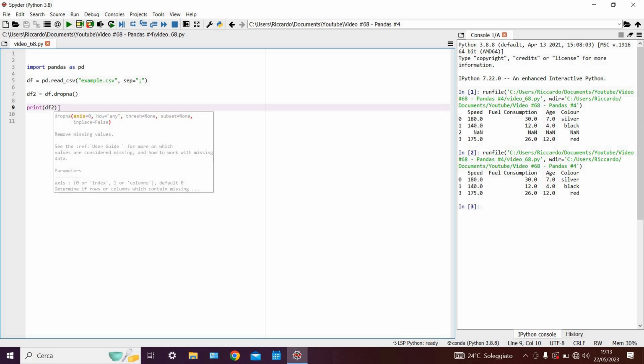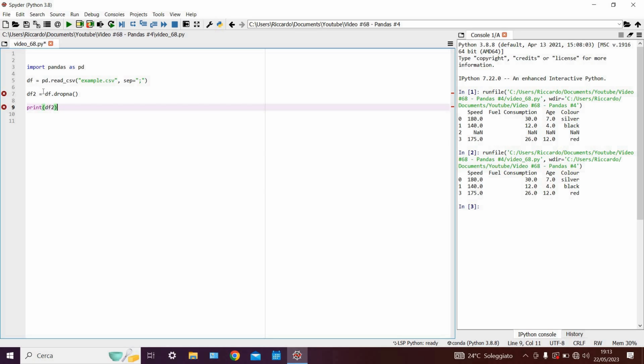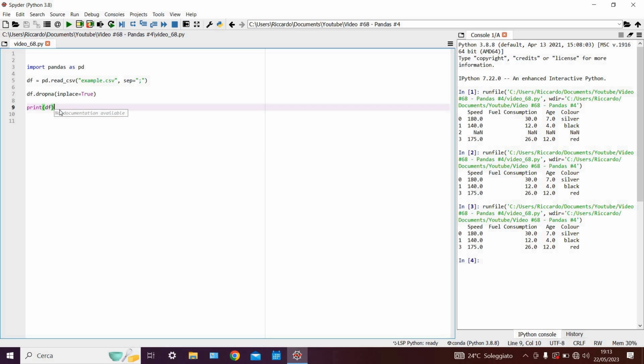However, what if instead we wanted to replace the old data frame with a cleaned one, instead of creating a second variable called df2? Well, we can simply write df.dropna(), and then inside we write inplace=True. And then underneath we obviously print df. And by running the code again, we can see that the data frame has indeed been replaced with a cleaned